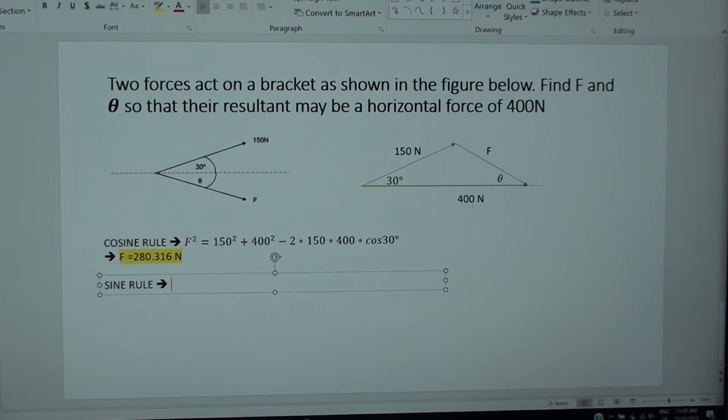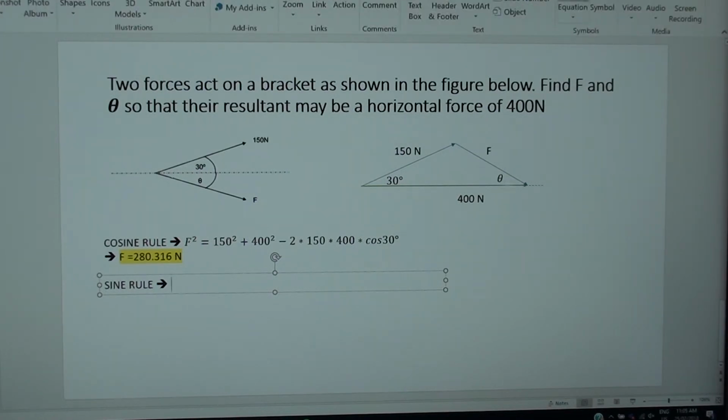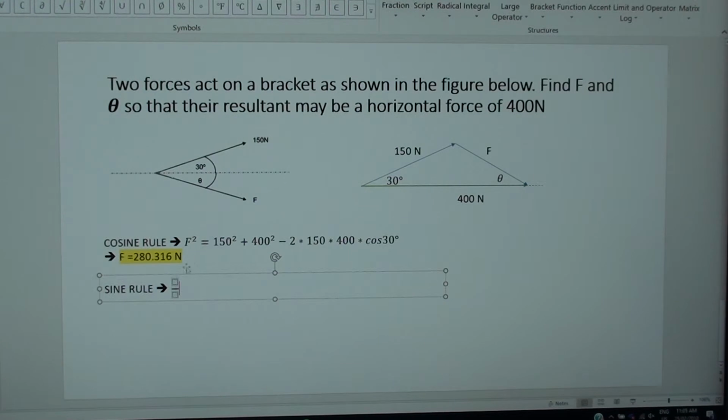Now you may ask why we don't use the 400, because technically I don't know this angle. So when you use these rules, you make sure that how much information you have, you can apply them using the equations. So I use the equation editor again, equations. So what we're starting with, the first thing is to use sine theta divided by what's opposite to sine theta is the 150 newtons equals,